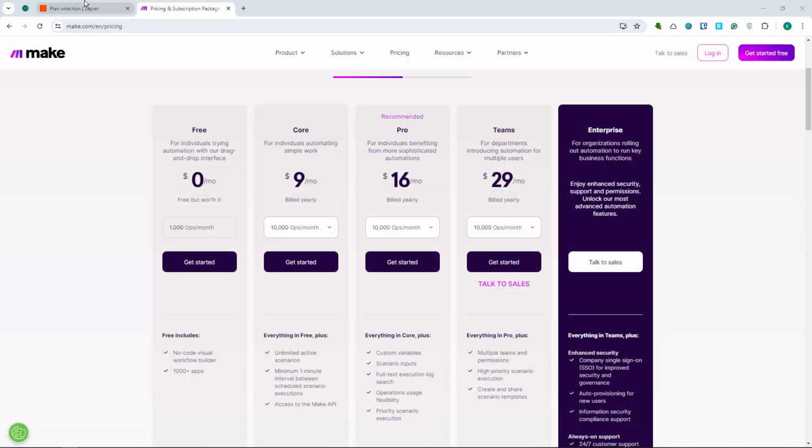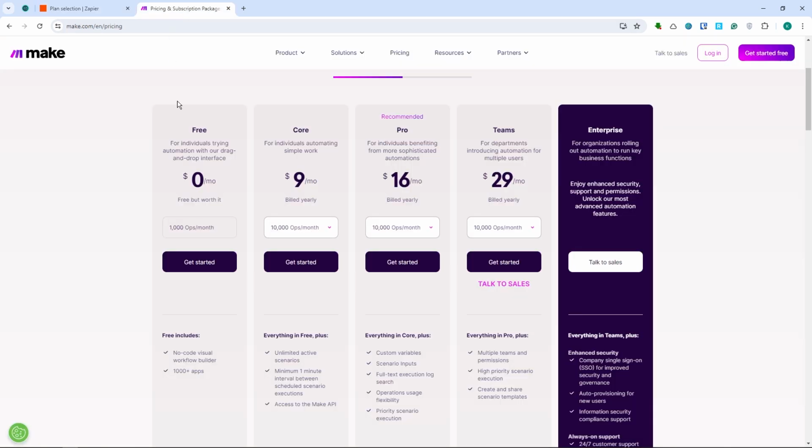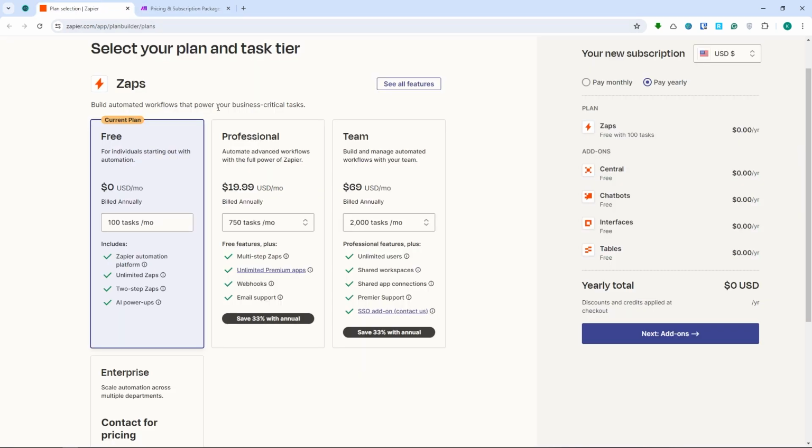Alright, so now let's go to the pricing. So here in Zapier, we have these prices. You have the free plan available for you, and same as Make.com, you also have the free plan. And if you compare the prices, Zapier is definitely more expensive. So the cost can add up quickly if you need to perform a high volume of tasks or complex workflows